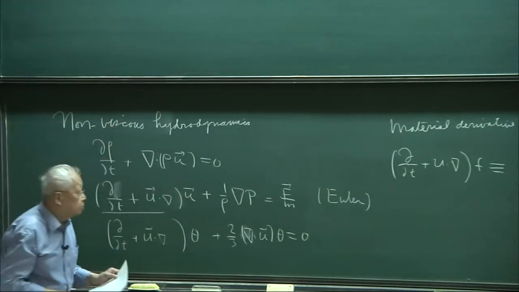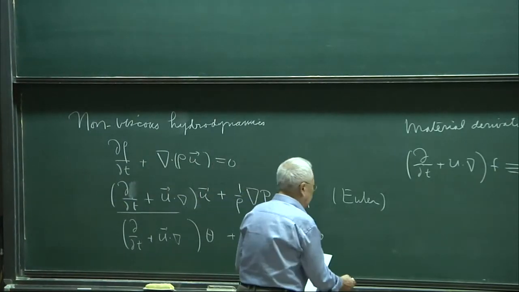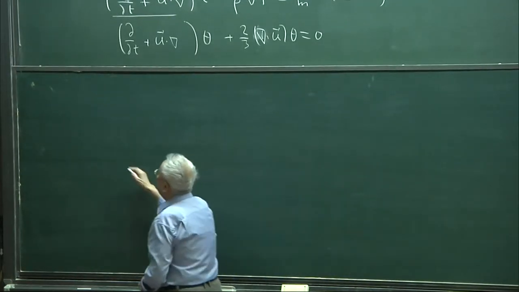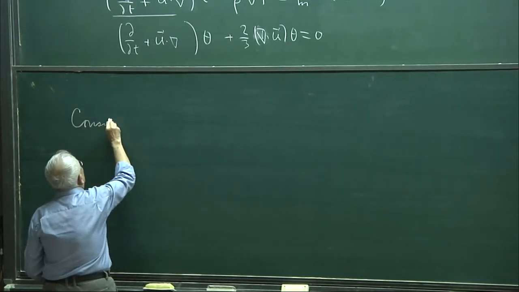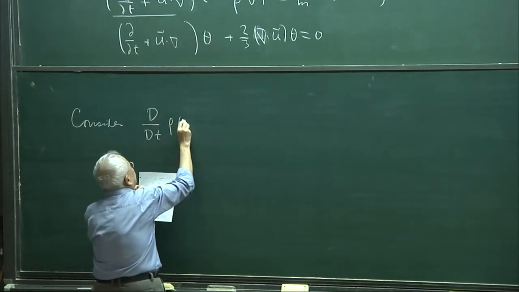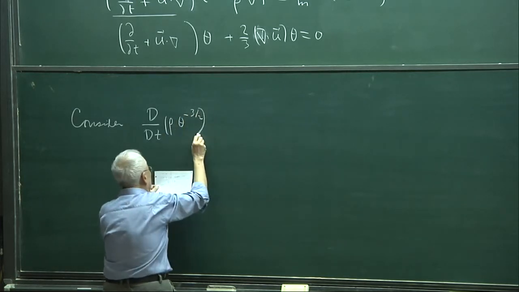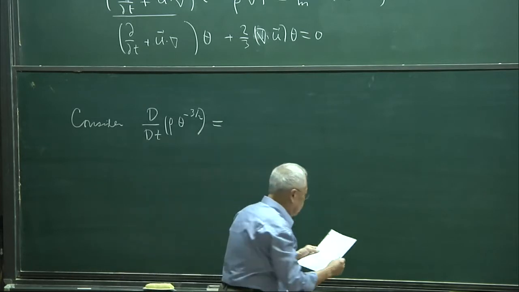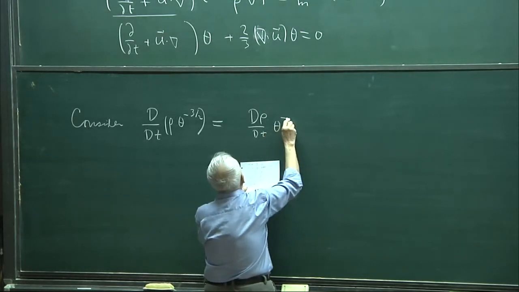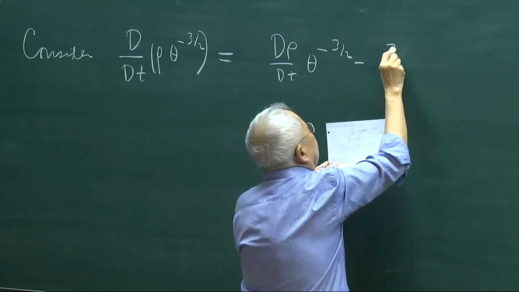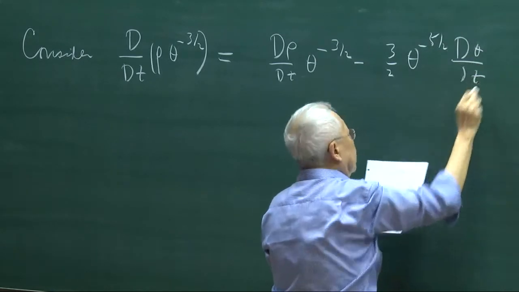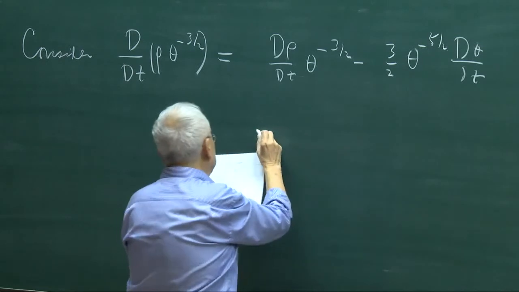In order to reduce this equation, let us consider the following equation. The material derivative of rho theta to the minus 3/2 is computed. This is the d rho dt. It's a linear operator, so we use d rho dt times theta to the minus 3/2, minus 3/2 theta to the minus 5/2 d theta dt. And this is equal to